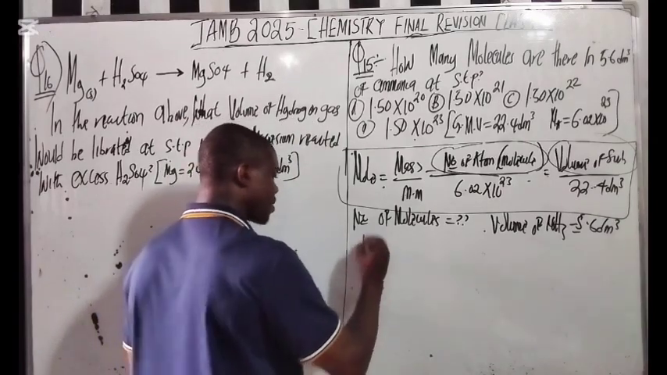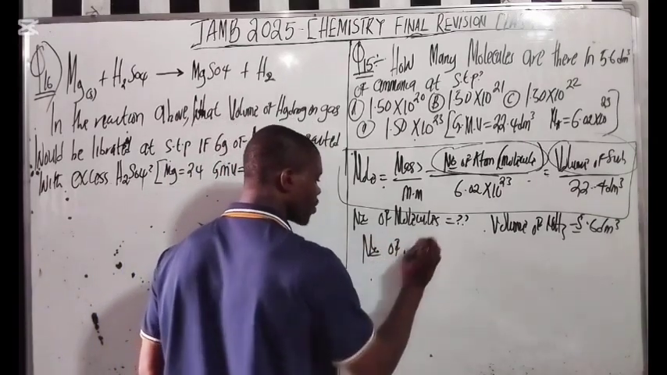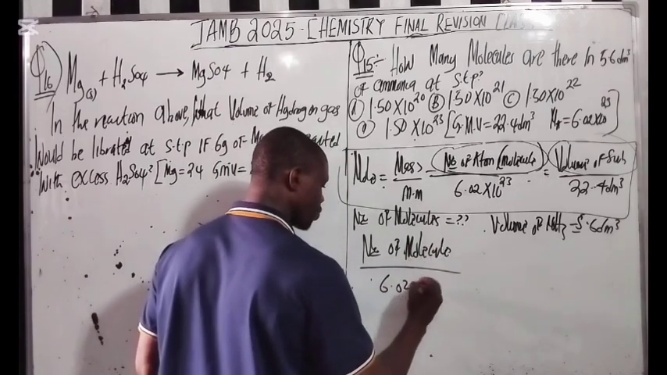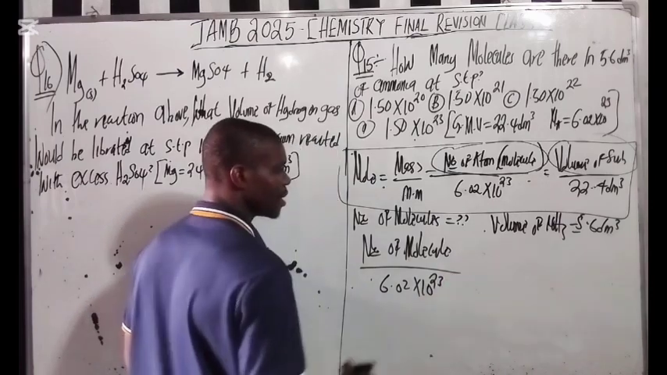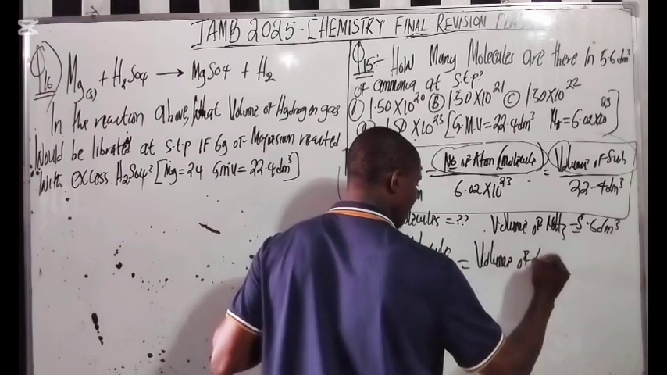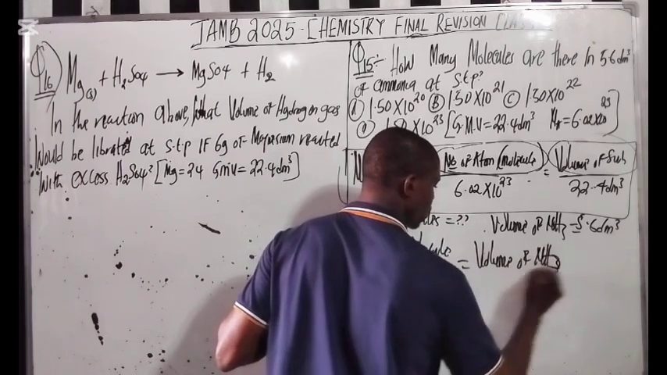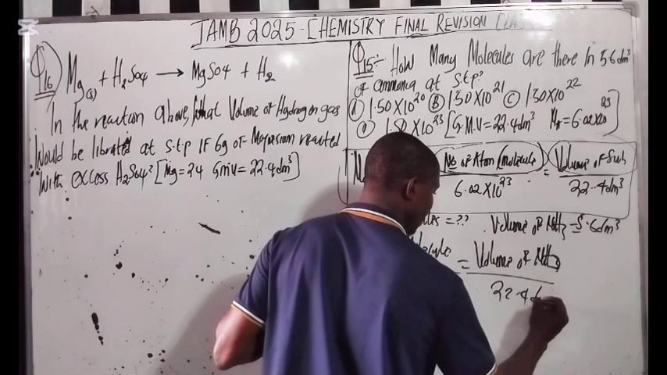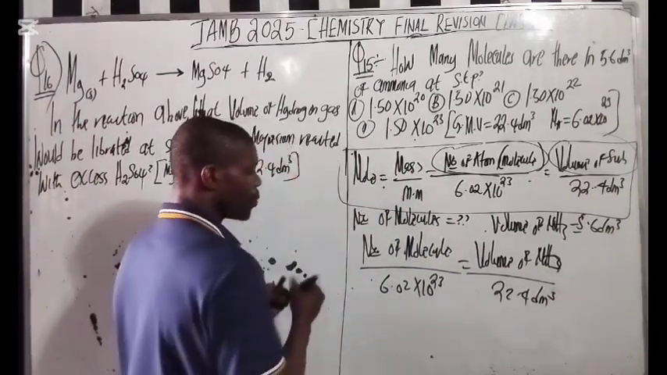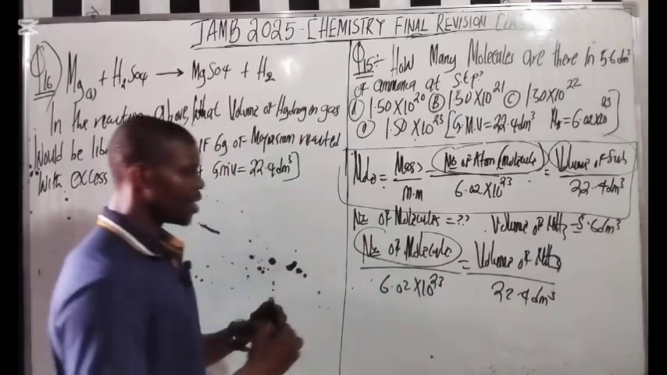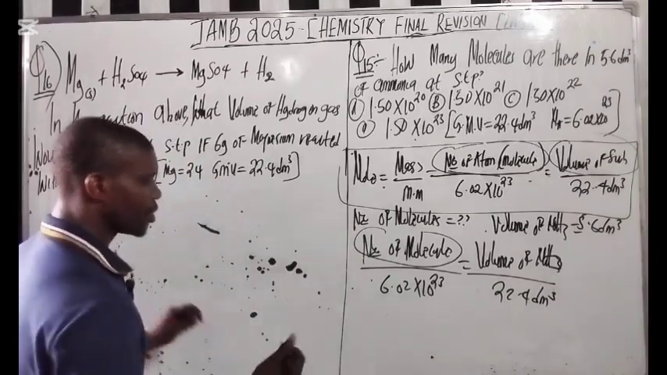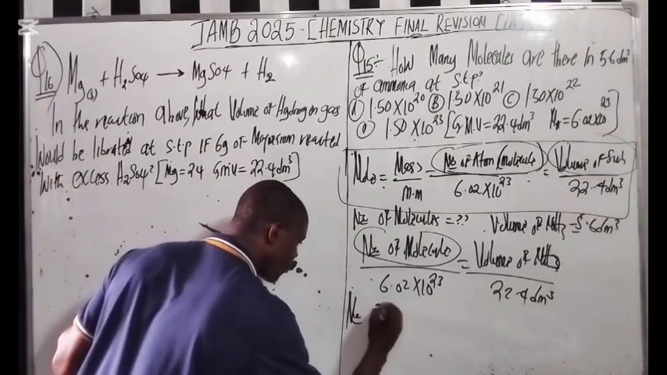So it's going to be number of molecules over 6.02 exponential 23 equals volume of NH3 over 22.4 dm cube. Now, because we are looking for the number of molecules here, we want to make this the subject of the formula. If you make this the subject of the formula here, what are you going to get? You should get the number of molecules